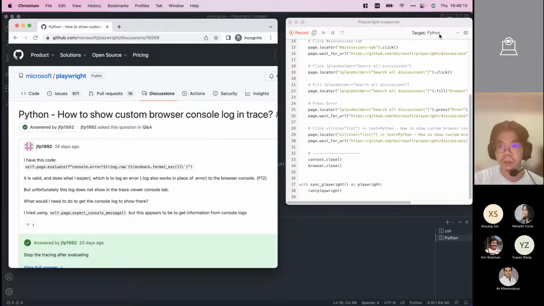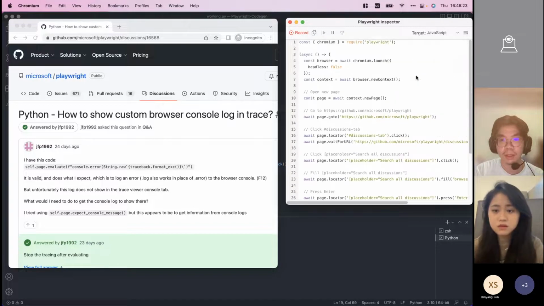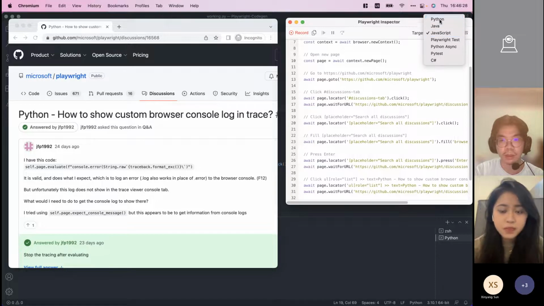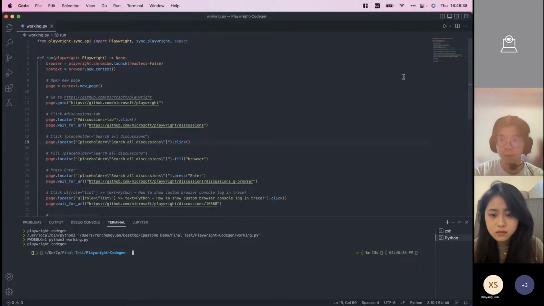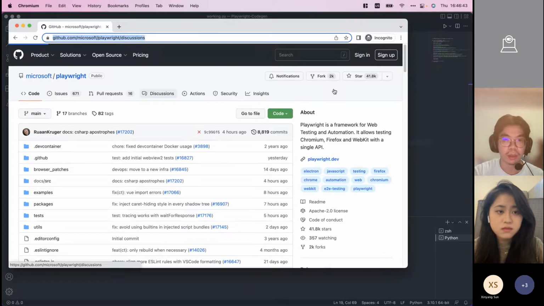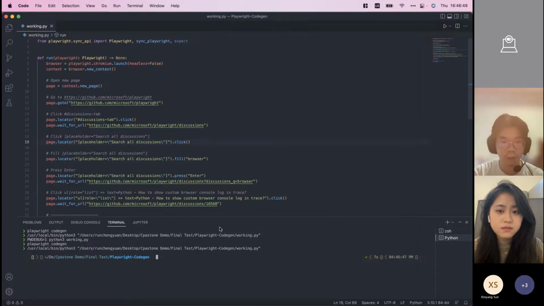So for most of the things I mentioned, the code is a little different depending on the language. You can change it to Java or JavaScript, anything like that. So it's very easy to use. You don't need to know only one language. You can use any language you want. So it's important for me. And I also recorded this code. I just play it, and it replays it again. So you can see how it works. Yeah, it's successful.